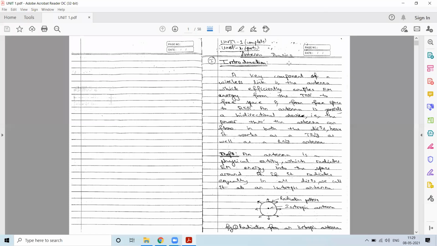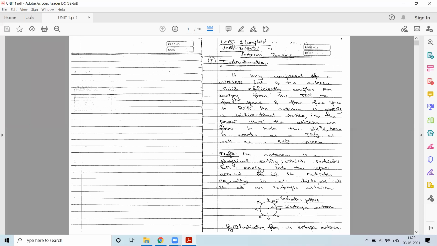So in the previous session, we started off with the microwave concepts in which we discussed the transmission line equations and the solution to the transmission line equations, and we discussed what the microwave devices are, what a microwave system consists of, and the different bands which are present in the microwave. Then we discussed the reflection coefficient and transmission coefficient.